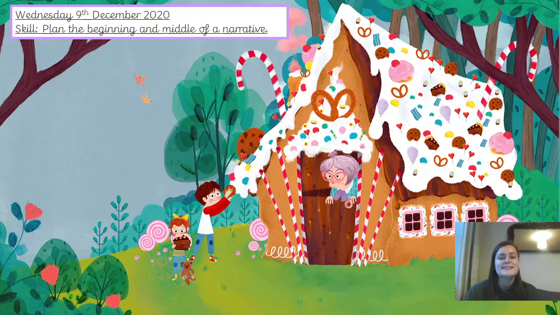Hello Yellow class! We're going to do some English now. So on Monday we started looking at the story of Hansel and Gretel and identifying the features of a story. And hopefully yesterday you created your own gingerbread houses that you can refer back to when we write our stories later in the week. So today we're going to start to plan our narratives, our stories, but first